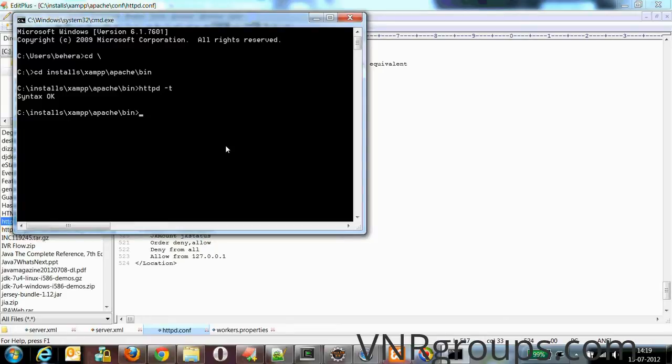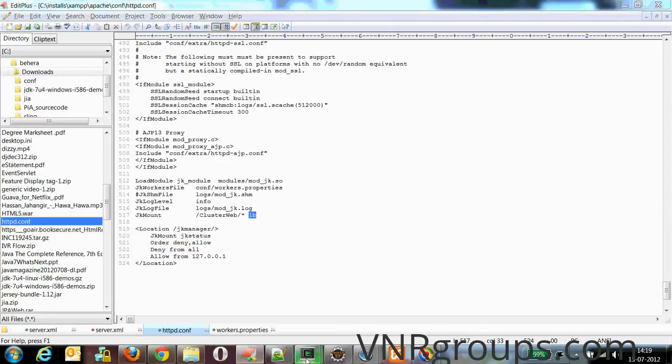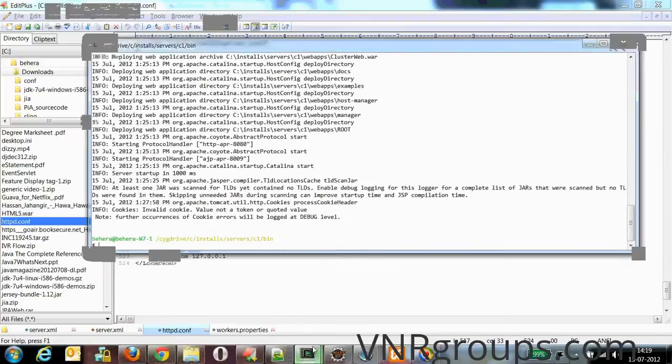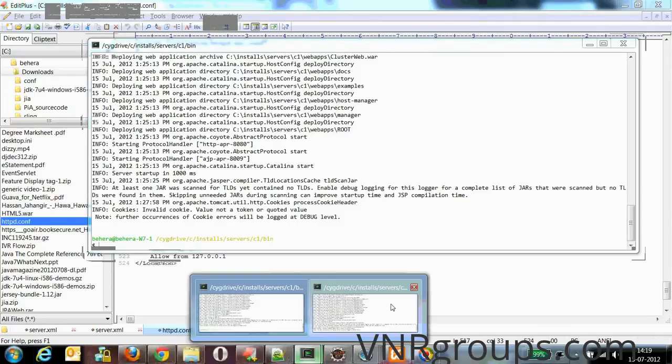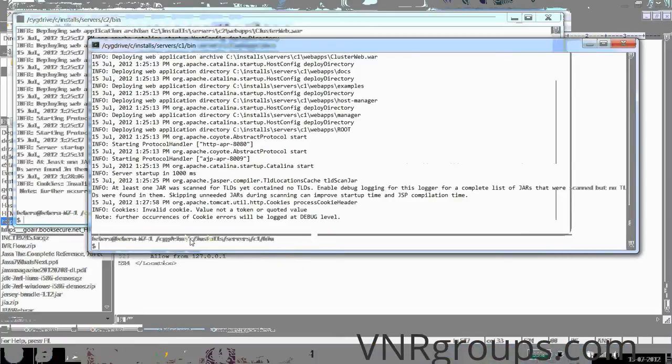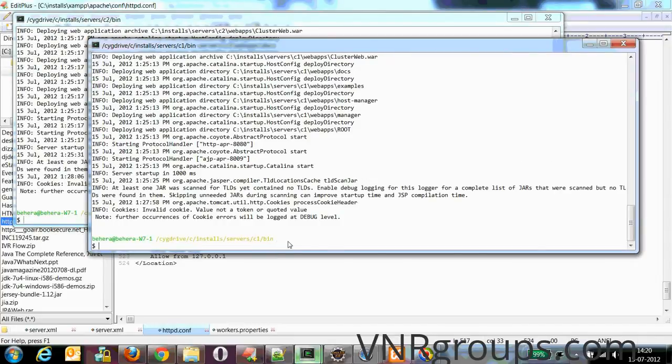Since we have modified the server.xml of our corresponding Tomcat servers, we'll just start these servers again and see whether our installation is proper or not. You go to the installation directory of your cluster one, go to the bin directory, then just run catalina.sh run. It will run the Apache Tomcat server.